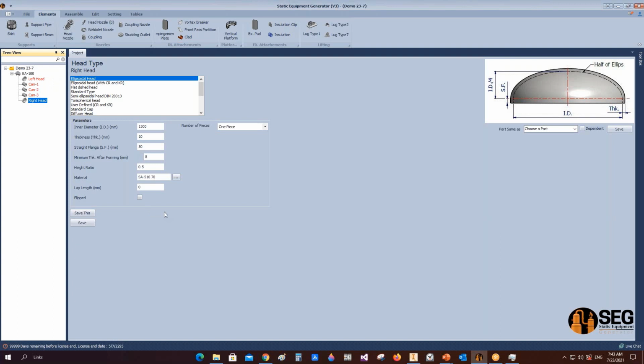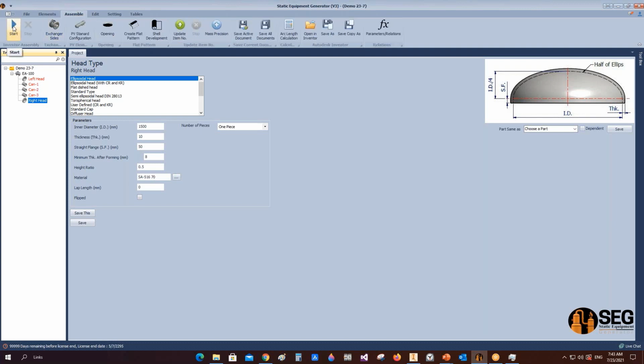One more option we will discuss here is the convex direction of some elements like the heads, flanges or body flanges. You may sometimes need to flip the direction of the flange or the head. In this case, we will leave this checkbox as it is to see the configuration of this head, how it comes. Now let's create the assembly by